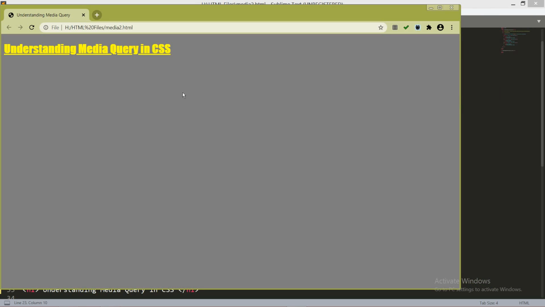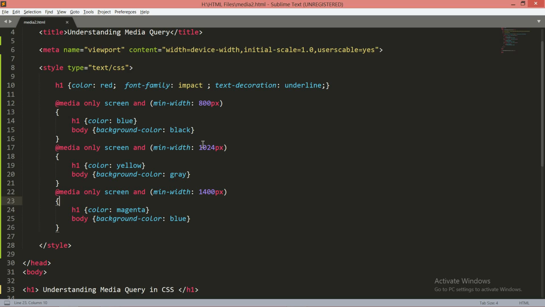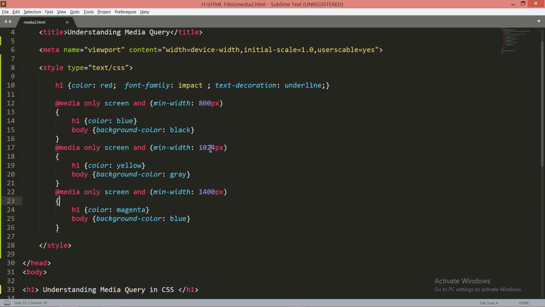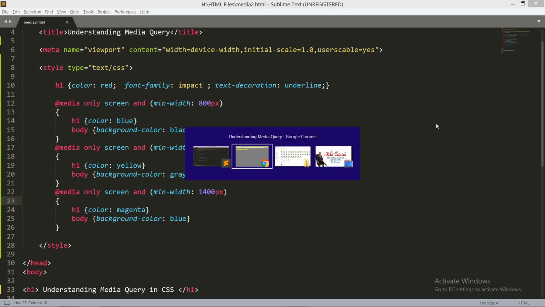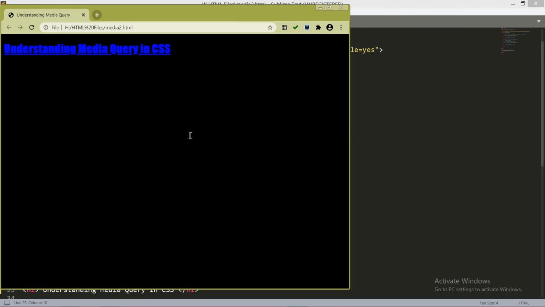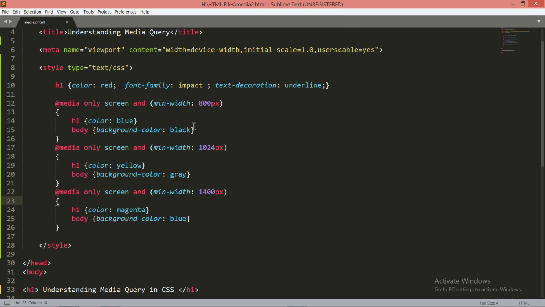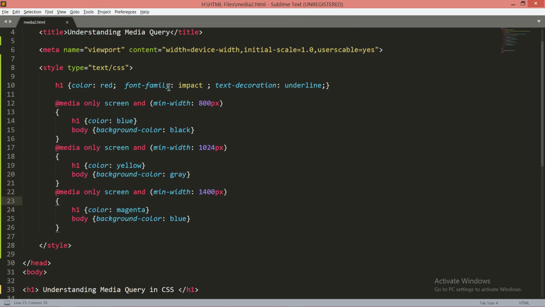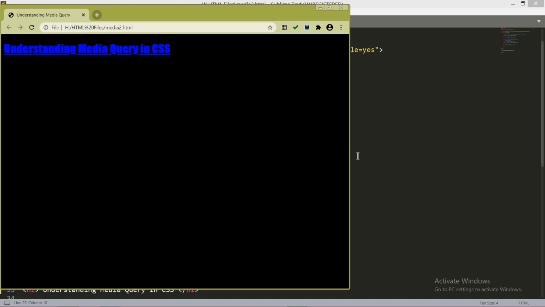Now at what time will it appear? Up to 1024 pixels. Whenever it becomes less than 1024 pixels, it will be set to these properties. See this one. Now this is less than 800 pixels, sorry, less than 1024 pixels. You can see now it's between 800 pixels and 1024 pixels. The color will be blue and the background color will be black. Now when your screen resolution is less than 800 pixels, see,